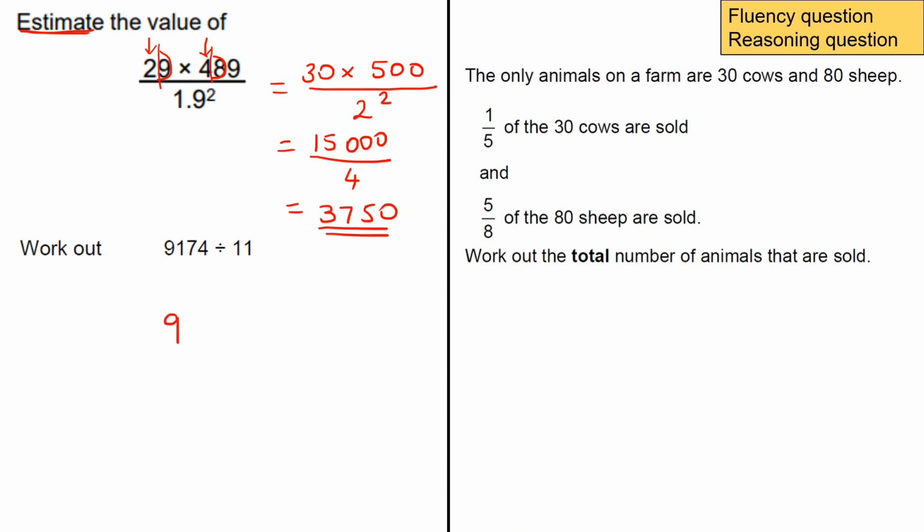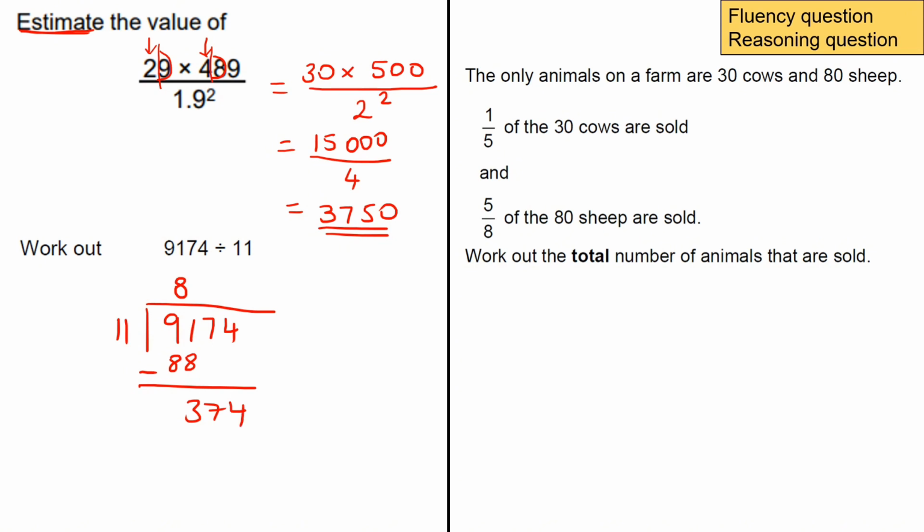Okay. Now, the next one is going to be 9,174 divided by 11. I would recommend everyone to do the bus stop method. So the first number I can times with 11 is going to be 8, because if I do 9, it's going to be 99, it's going to be over 91. 8 times 11 is going to give me 88. Take it away. And that's going to give us